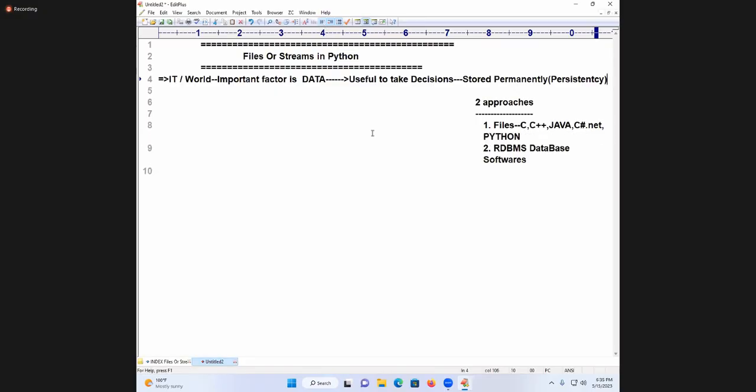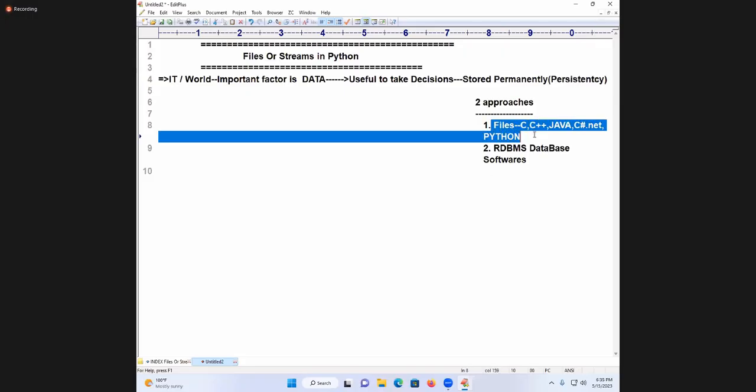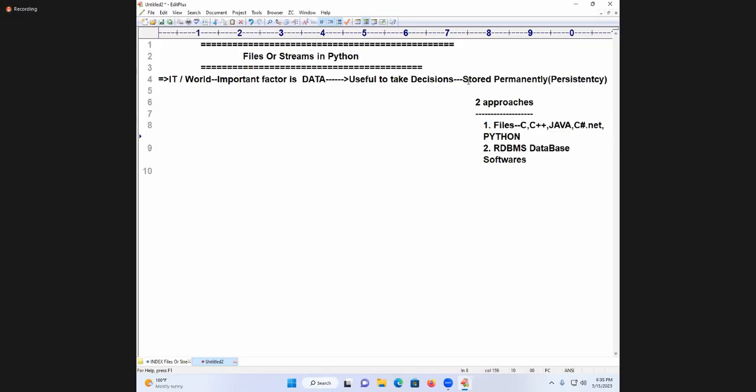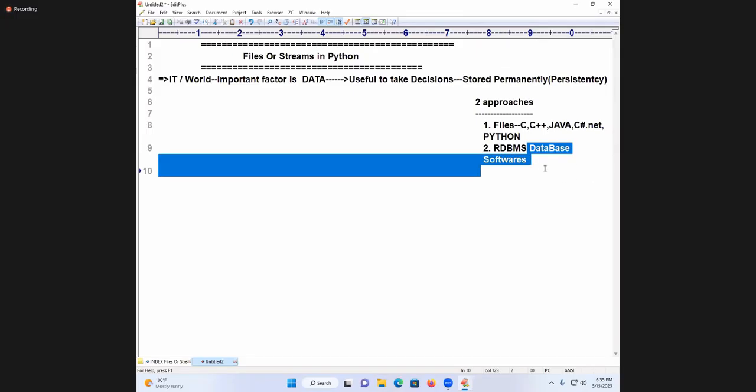My dear students, what is meant by data persistency? Storing the data permanently is called data persistency. Tell me, what is the use of files in Python and every language? For data persistency. In a database, I can store the data permanently.